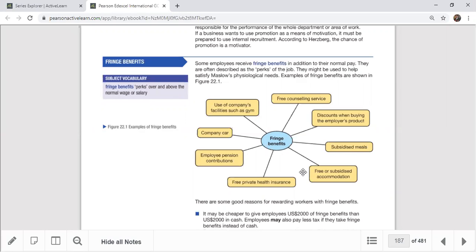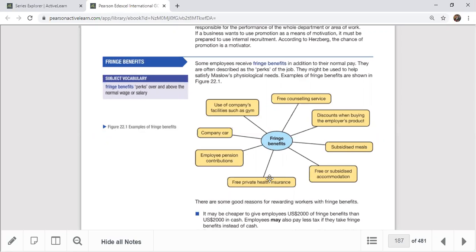Sometimes you have to find your own private accommodation. You have to rent an apartment or something. Otherwise, the company might give you free or subsidized accommodation. Sometimes they might give you a housing allowance to stay nearby, so you have to find your own place. Sometimes the company might find a place for you. Otherwise, you have to find a place on your own, and the company might give you a percentage of the housing allowance. So that's another thing. But in everything, you can see there is a financial cost actually incurred by the organization.